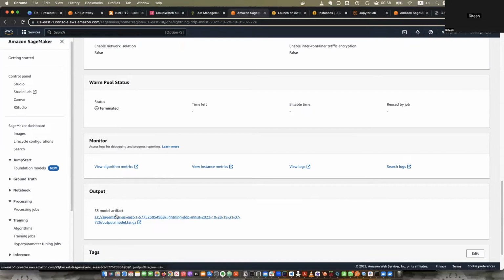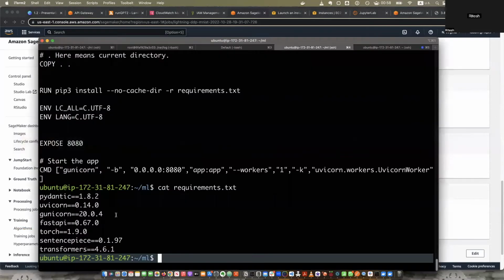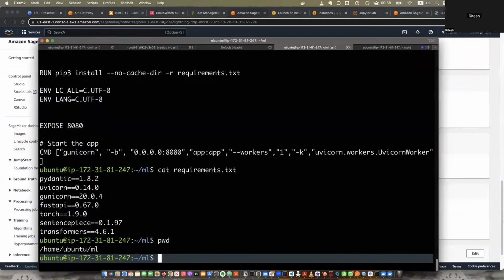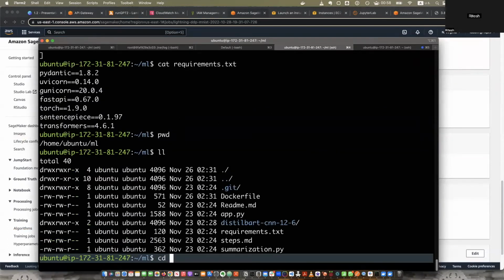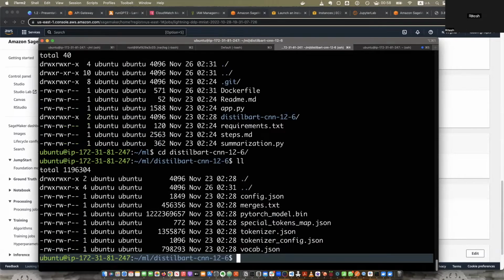Remember in this lab, what we did in this ML session, we downloaded this DistilBART CNN file. So we downloaded this model, and we downloaded the tokenizer and the vocabulary as well as a part of that, right? When we ran summarization.py, all it did was go to Hugging Face and download the model for us. In this scenario,